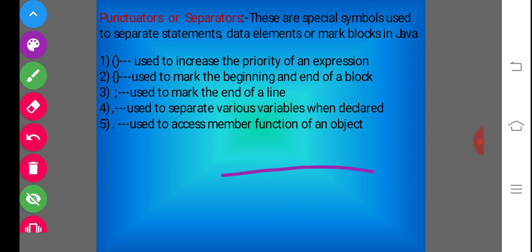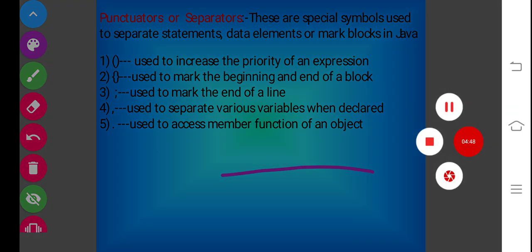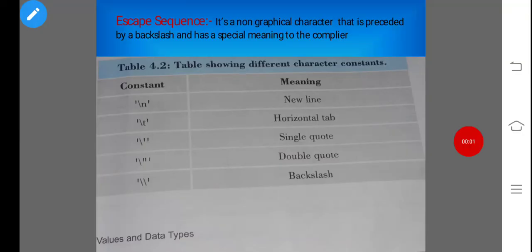Now in the next slide, there comes the concept of escape sequences. Escape sequences come under the category of character literals, but character literals are graphical character symbols. This is a non-graphical character which is preceded by a backslash and has a special meaning to the compiler.